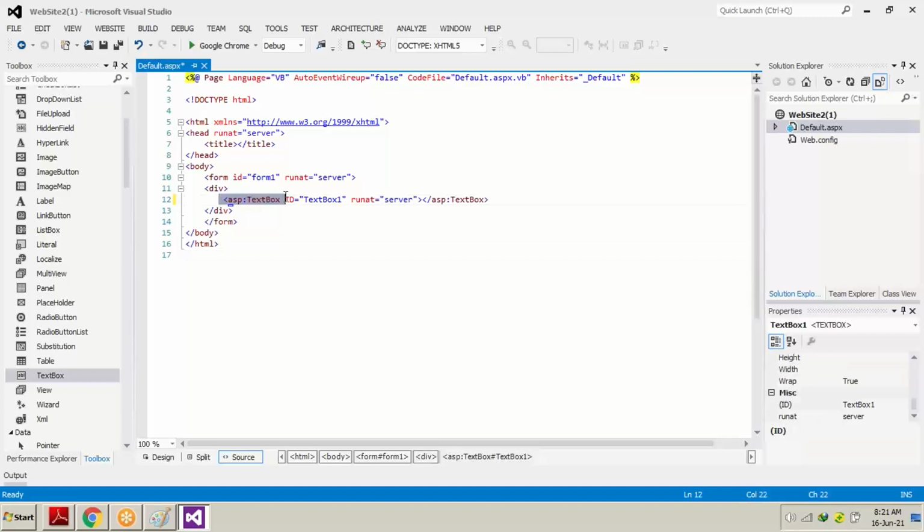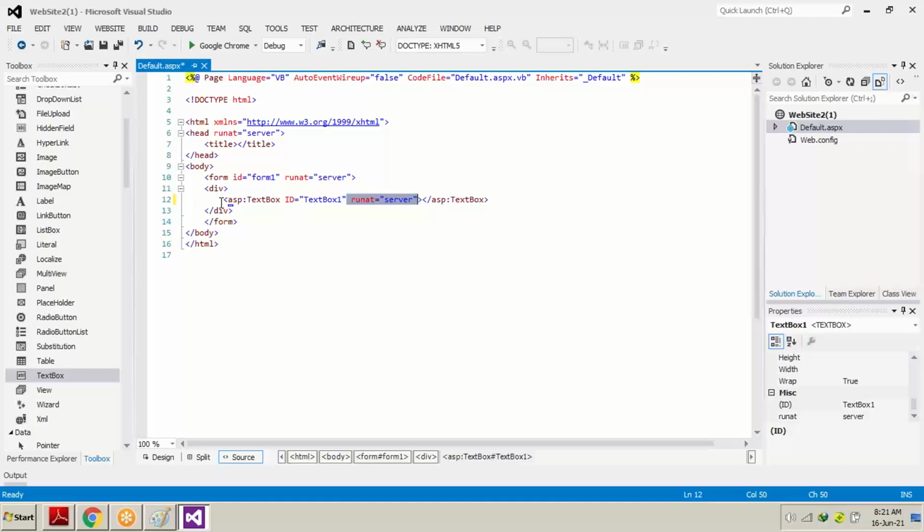ASP is written: asp:TextBox ID="TextBox1" runat="server". This runat server denotes that this particular text box can be used in server side coding. If runat server is not written, that means this particular control, this particular text box, is not meant for use in server side programming.